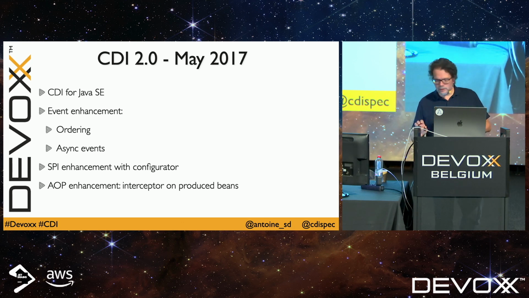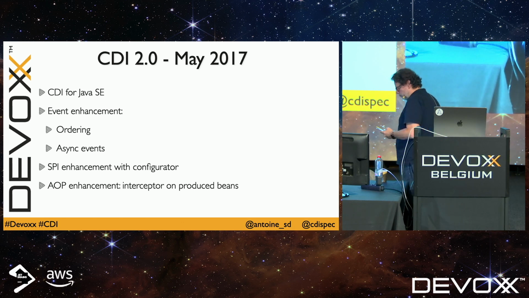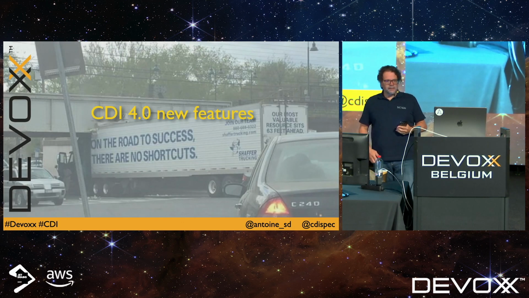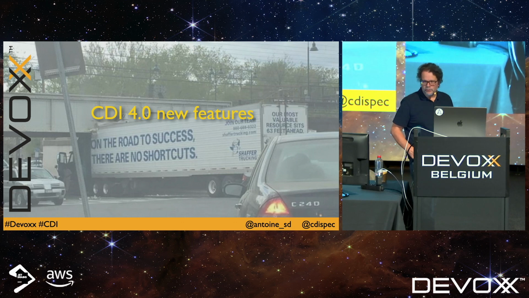So I didn't list CDI 3, as I said, because it's mainly a package renaming with the transition to the Eclipse Foundation and the Jakarta project. So let's start with the new features